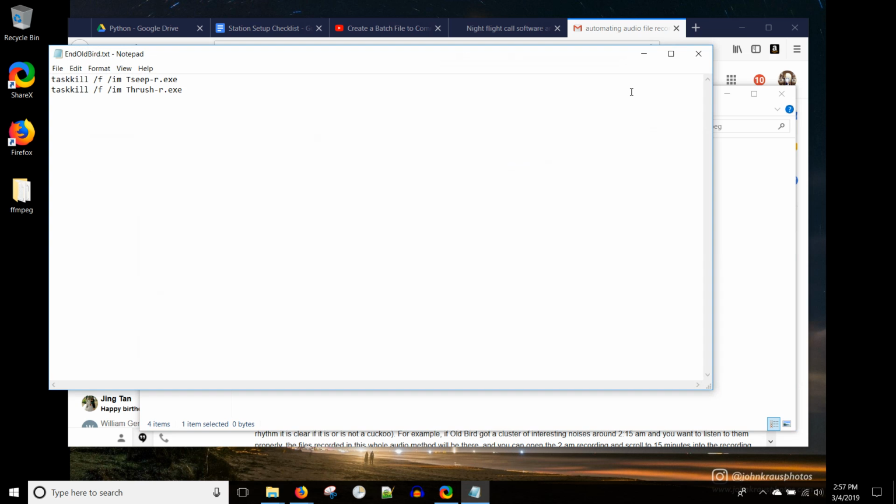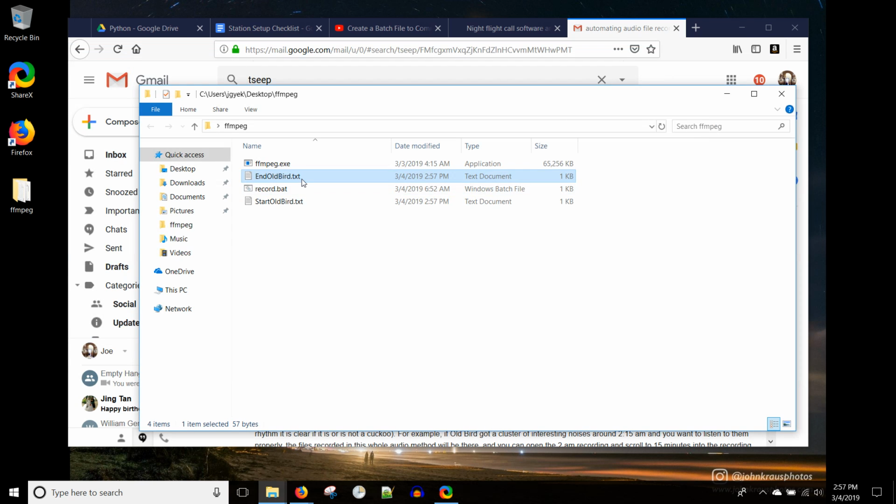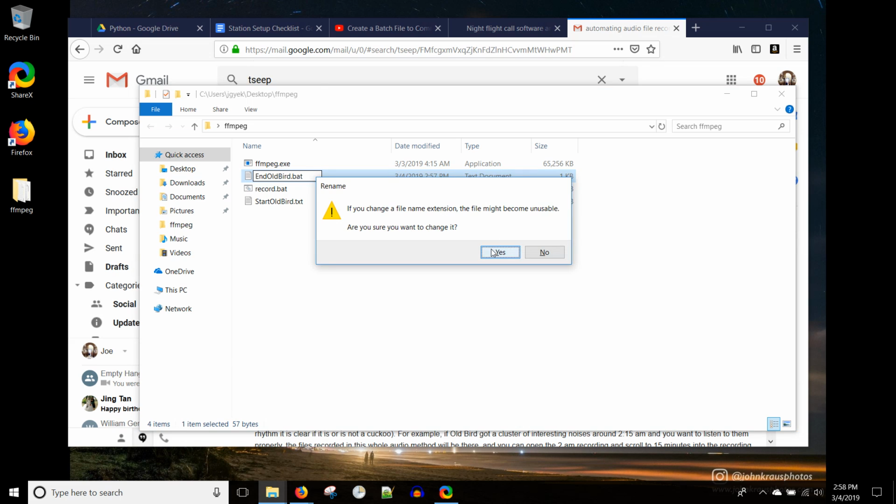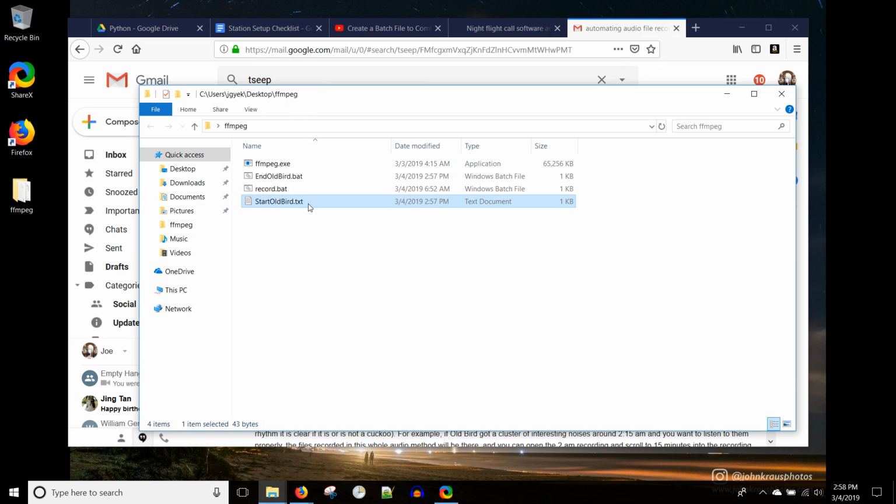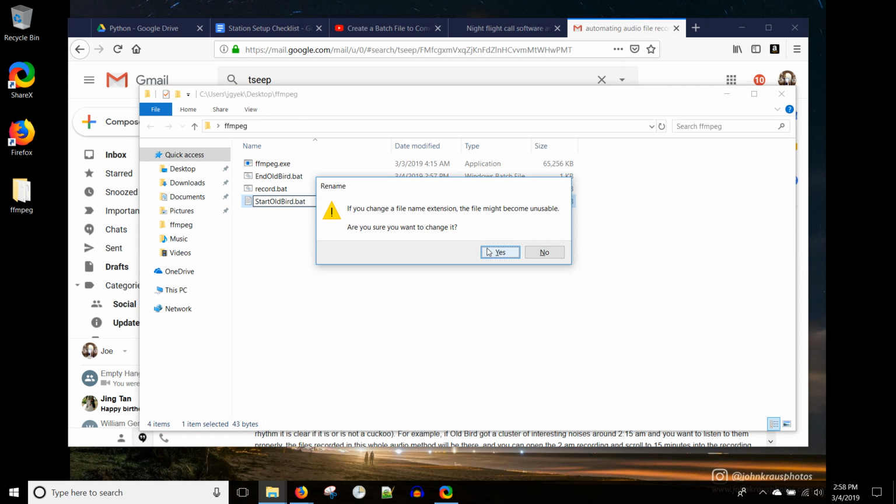I hit Control S to save, and I close it. Finally, I'm going to rename the extensions to make these batch files. Making them batch files is important because we're going to schedule these to be run as commands by Windows, and that's the extension that